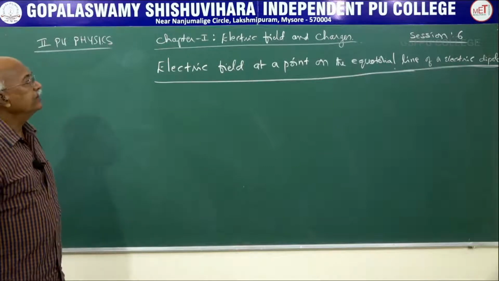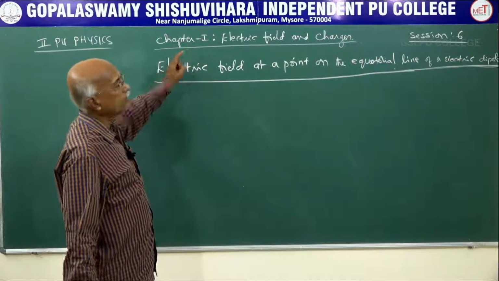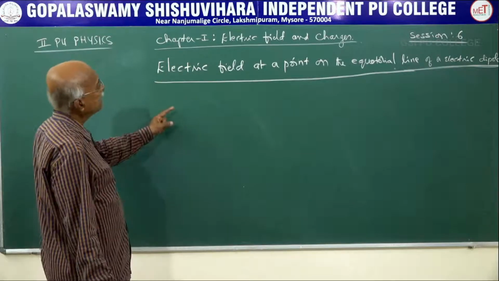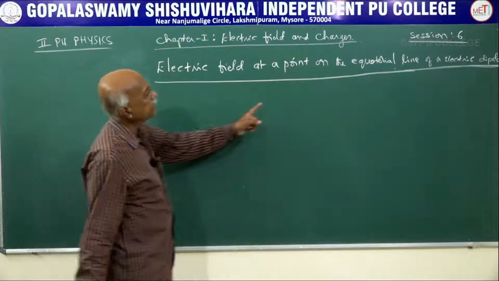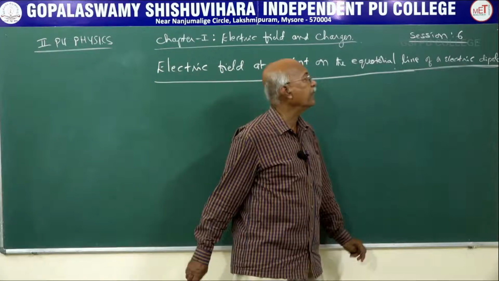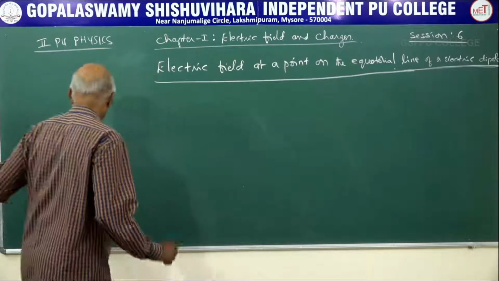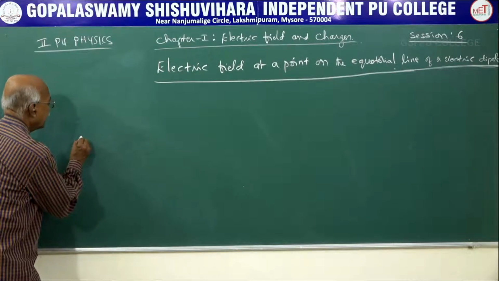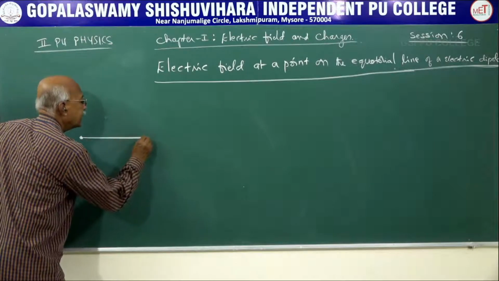Right. Now this is the sixth session of chapter 1. Here in the sixth session, we will study the electric field at a point on the equatorial line of an electric dipole. For that, we know what is meant by an electric dipole. An electric dipole is nothing but a pair of